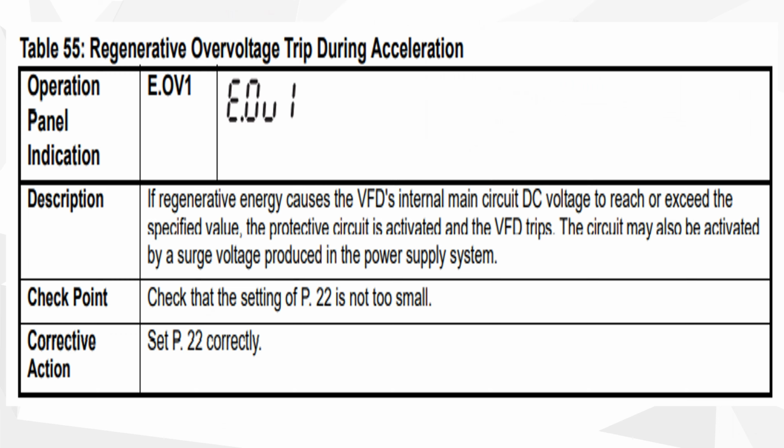Regenerative overvoltage trip during acceleration। एरर कोड है E.OV1। एक्चुअली ये क्या होता है, जब ये ड्यूरिंग एक्सीलरेशन के केस में आता है, जैसे हमने VFD को ऑन किया, मोटर ऑन हुई, और जैसे ही मोटर ऑन होना शुरू होगी तो कुछ सर्ज वोल्टेज जनरेट होती है, जो हमारा इंटरनल सर्किट होता है, जो DC सर्किट का वोल्टेज होता है, तो उसमें कुछ सर्ज वैल्यू या कुछ अनवांटेड वोल्टेज जनरेट हो जाती है, जिसकी वजह से हमारी PCB के डैमेज होने के चांसेस होते हैं।